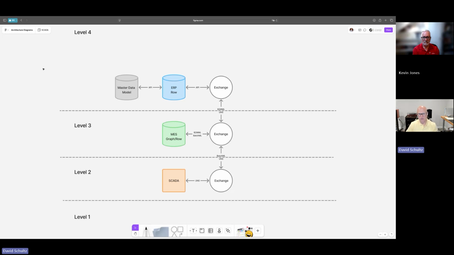Keep in mind that you don't have to use all of the properties within a payload. You take what you need, and there's certain properties that are required, but BatchML, again, was written around that standard, but you can use it generically for any type of process. The point here is that we're going to standardize the payload and how we're going to exchange that information between those. Once you get into the level 2, this is where you're going to start seeing a lot more of